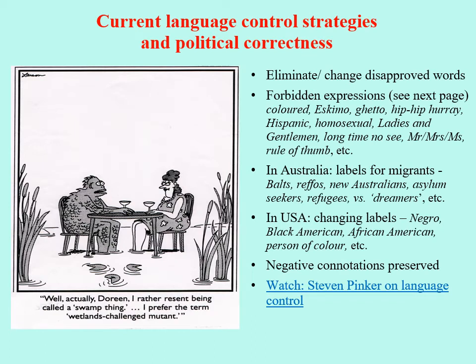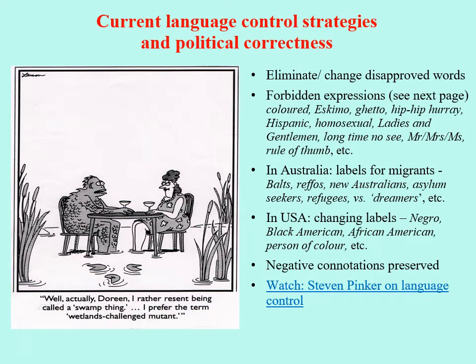The general idea that by controlling language's communicative functions, the open external exchange function, we can change people's thinking hasn't quite gone away. Even today, there are attempts and ideas that believe that by regulating language use and controlling and eliminating disapproved words, people's thinking and ability to think disapproved thoughts will be constrained. There are a number of such forbidden expressions. On the next page, you see a language code guide from one of the American universities, which basically argues that